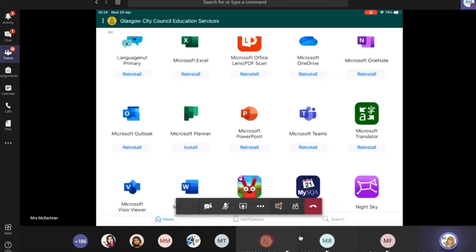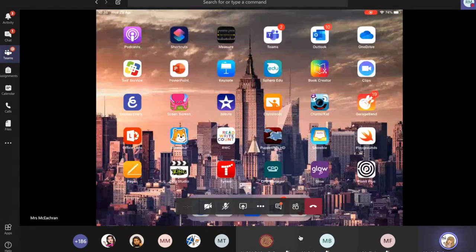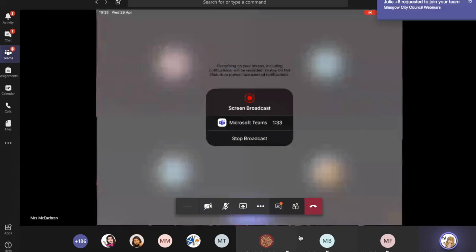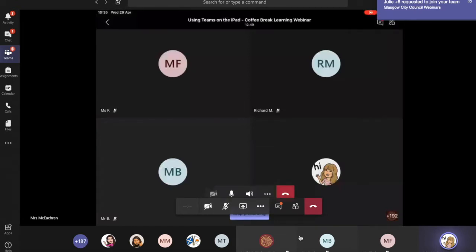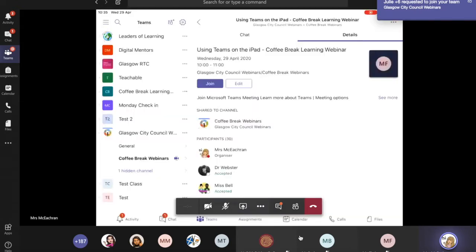And I'm going to tap on that just now. I'm just going to go back. So you should see my screen just now. You can see straight away if you're using Teams on the desktop or the laptop, it does obviously look a little bit different. So I'm going to tap on Activity, which is down at the bottom of your iPad screen,